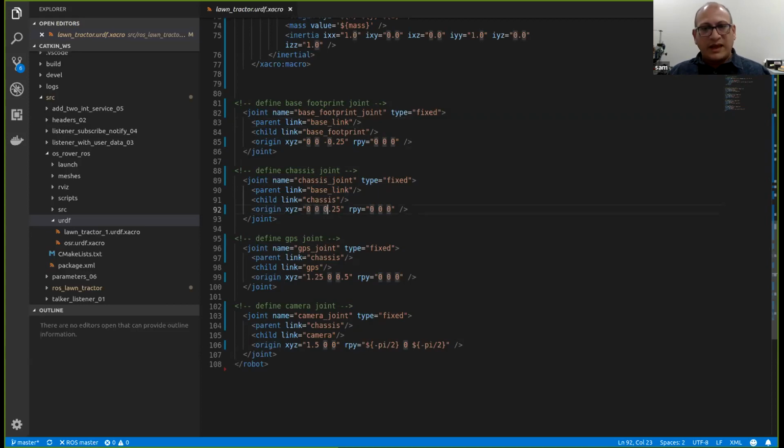So REP 103 defines the coordinate reference frame, and we use the right-hand rule. It means that mostly you have to remember for your vehicle, your X is forward, your Y is left, and your Z is up. And that's why all the reference coordinate frames need to be looked at and defined that way. So the GPS point, where the GPS is located, my joint names and the types, again fixed,